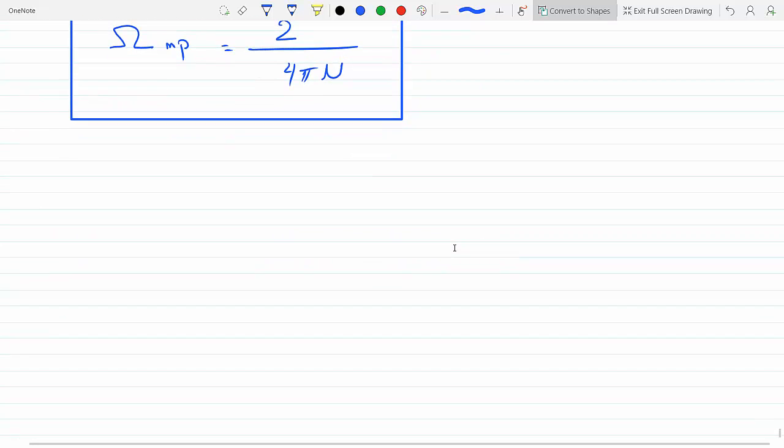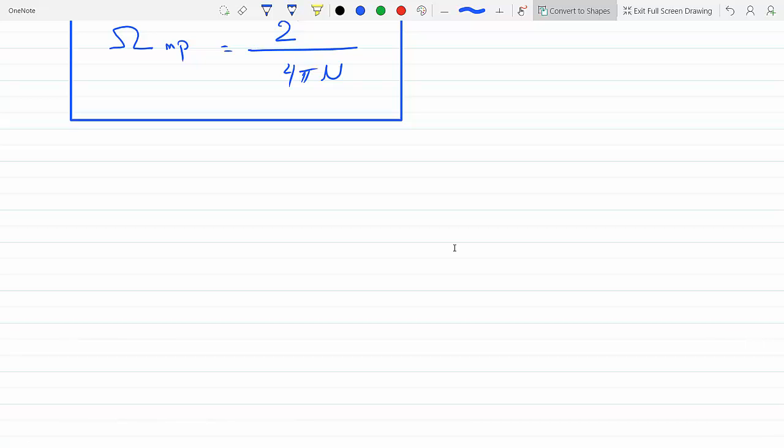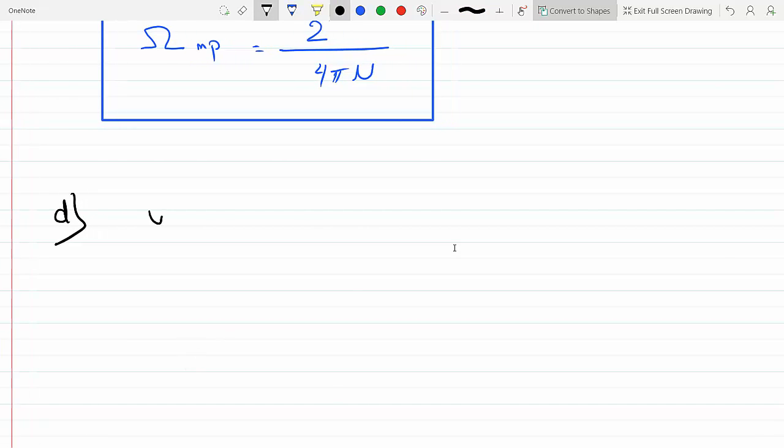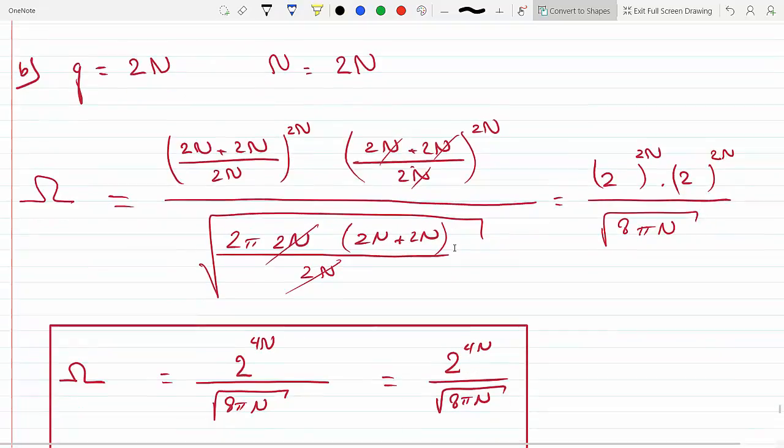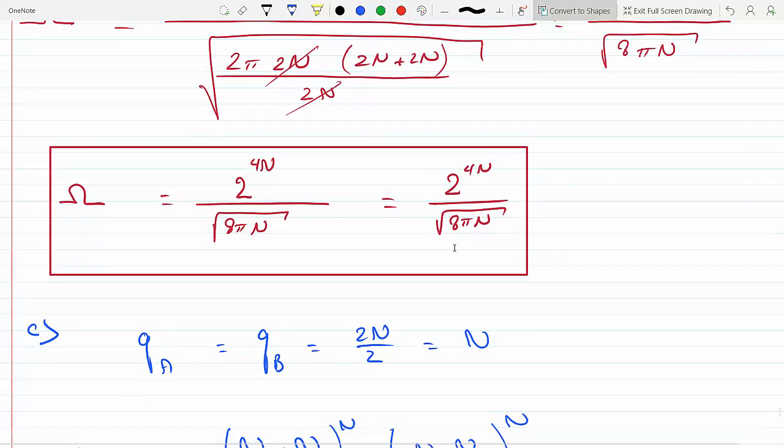So we will do that for D. The width of the peak will be the area divided by the height. The area was just the total number of the microstates when the whole system was taken as a whole. That would be the answer for part B, which turned out to be